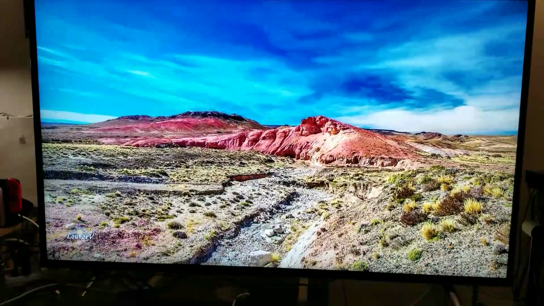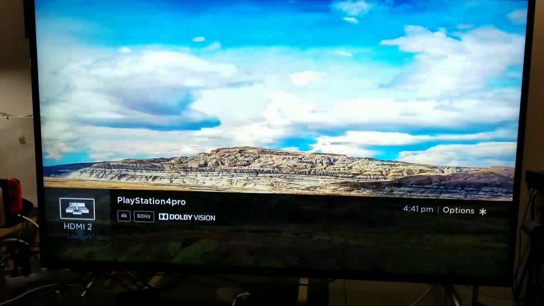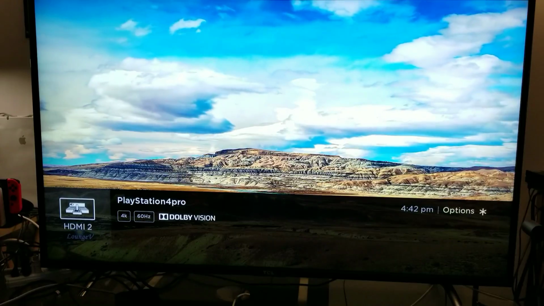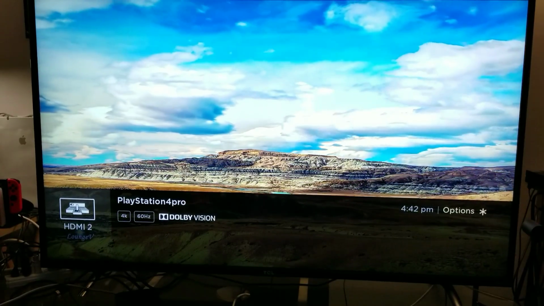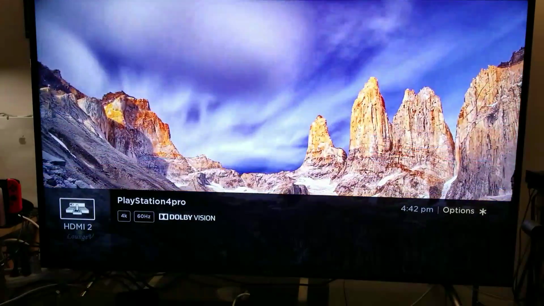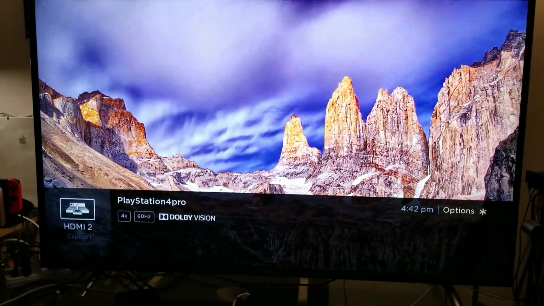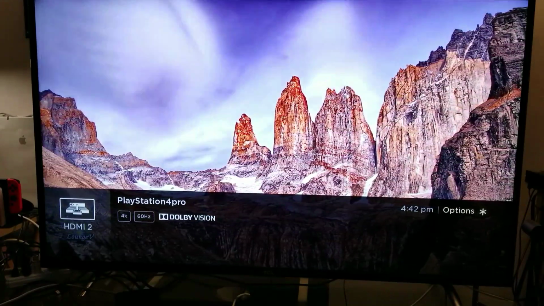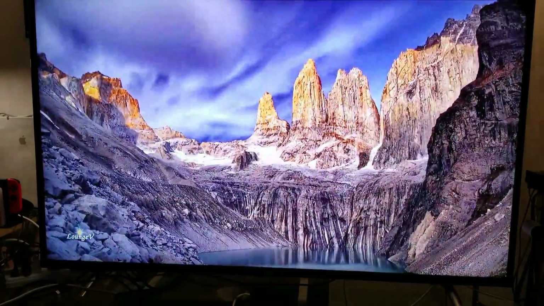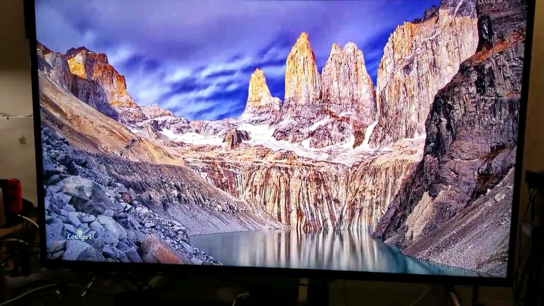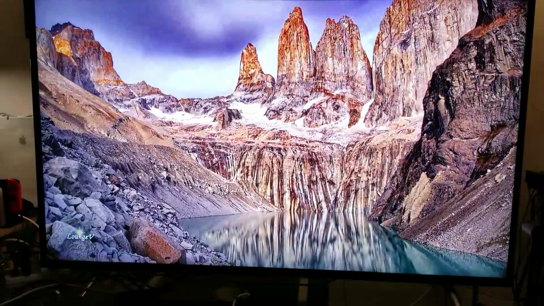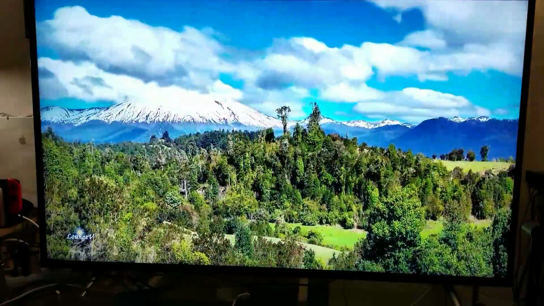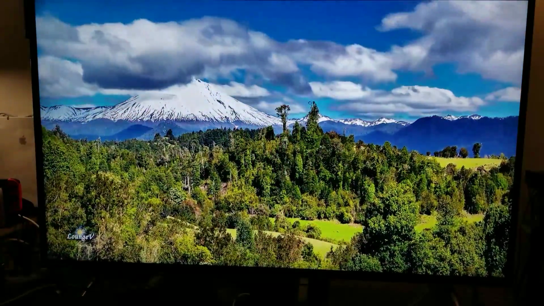dynamic metadata, compressed Dolby Vision. And this is the unique feature about Apple 4K TV. No one else is doing this. No other streaming device is doing this, where it's constantly allowing you to have Dolby Vision dynamic metadata on at all times. So that means all of your content, even this YouTube video, will look much better being compressed by Dolby Vision. This is the point I'm trying to make here,